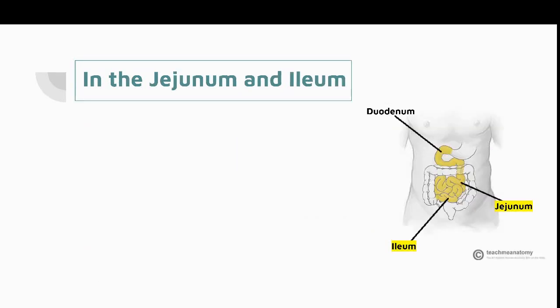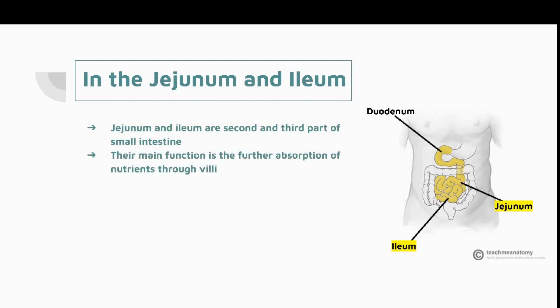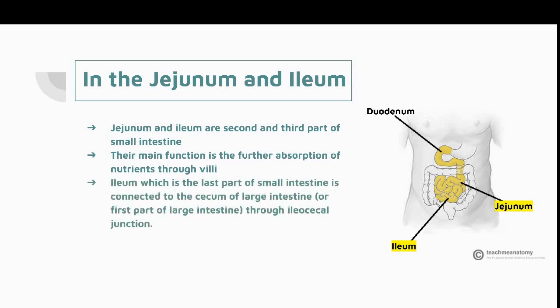Into the jejunum and the ileum. The jejunum and the ileum are the second and third parts of the small intestine. Their main function is the further absorption of nutrients through the villi. The ileum, which is the last part of the small intestine, is connected to the cecum of the large intestine